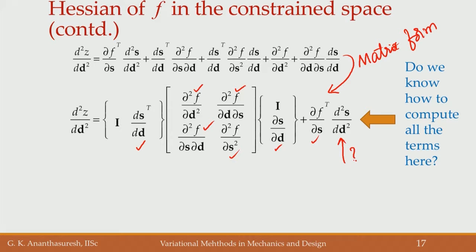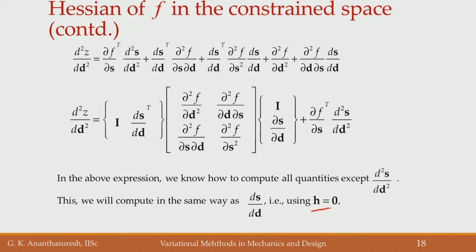In order to compute this, we do exactly the same thing for the constraints. So, we take the second order term of the constraint and we say that should be equal to 0. Then we get this quantity that we do not know. That is what we will do next,